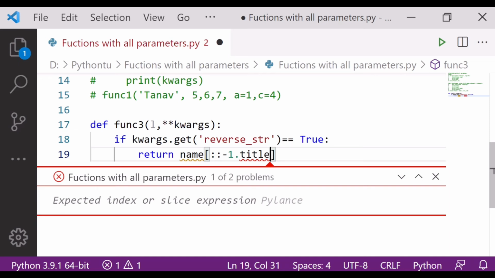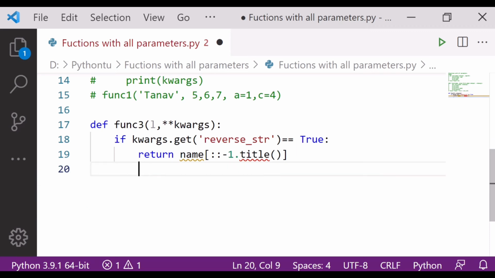So this dot title() will make the first letter capital, and the -1 will reverse your string. So let's do this, function with all parameters. I have to mention this here, okay, great.